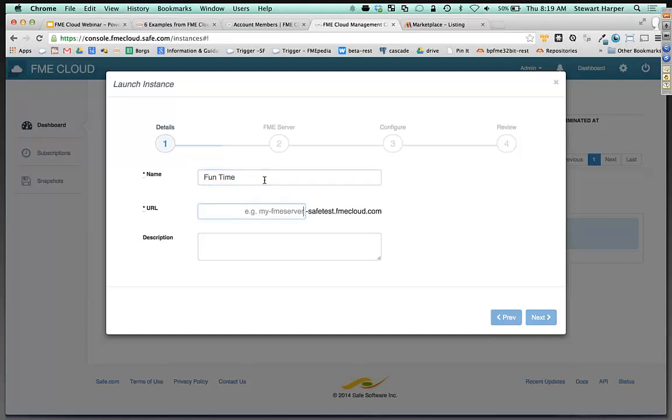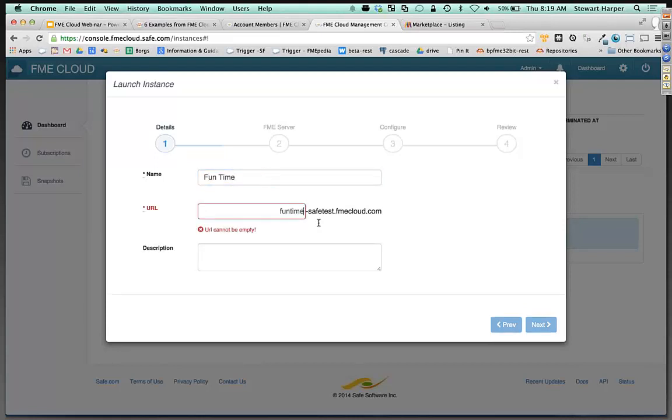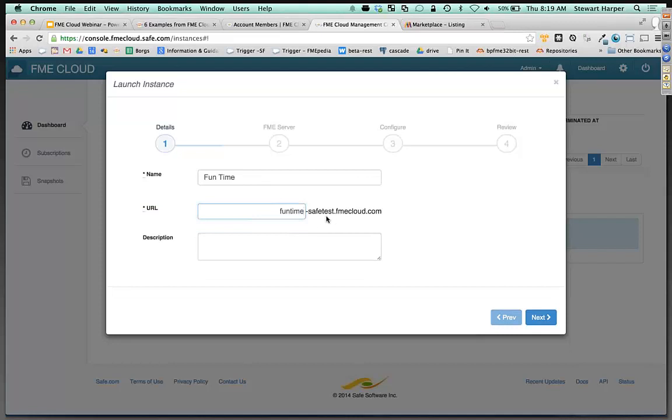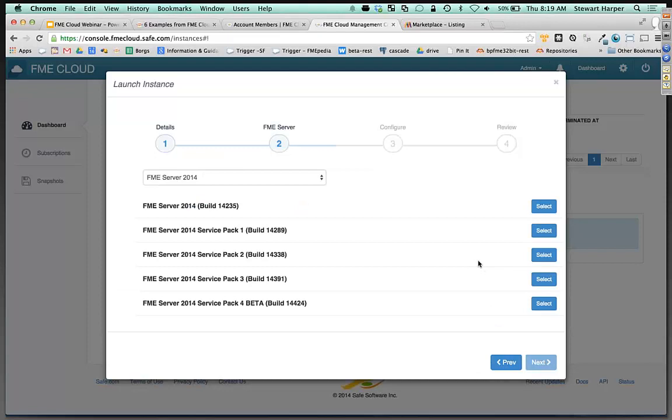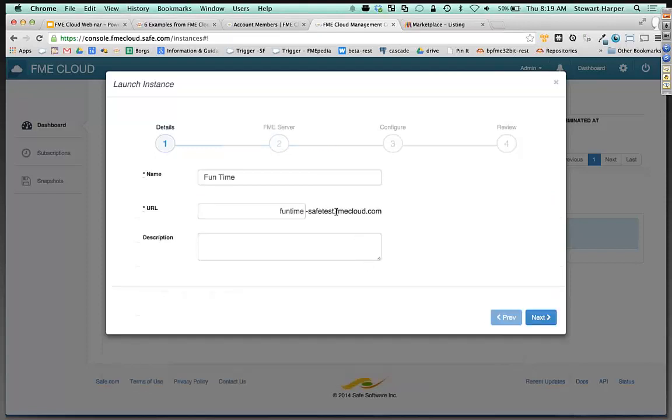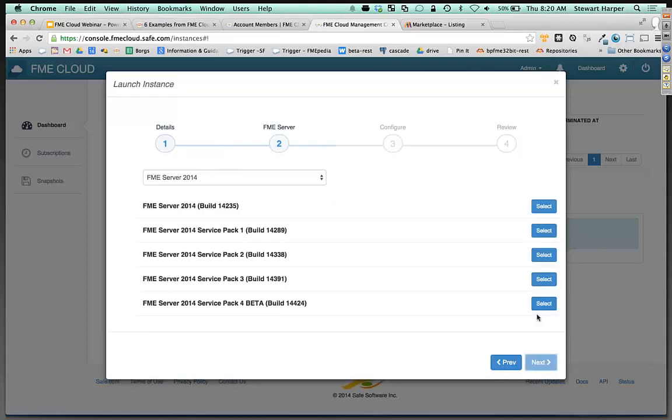And then we'll call this Fun Time. Sure. This is the URL that the server's going to be hosted on. Click Next. And that safe test is the account you're using? Yes. If you had your own account, that would be your URL, your company name. We'll talk about Teams a little bit later. But okay, now you pick the